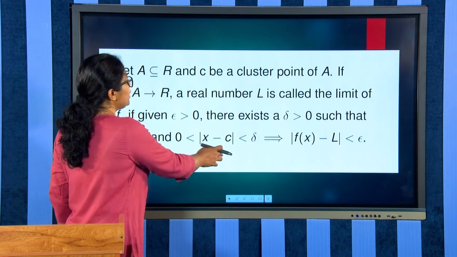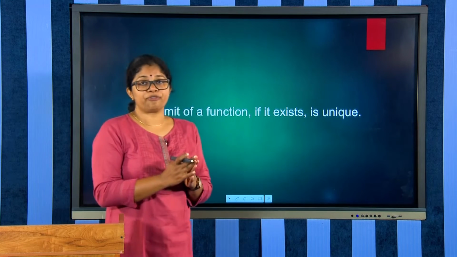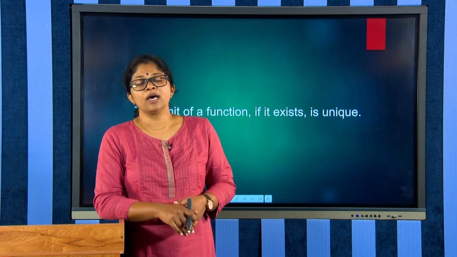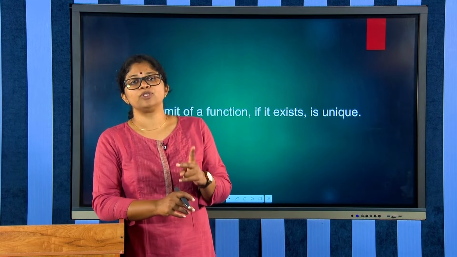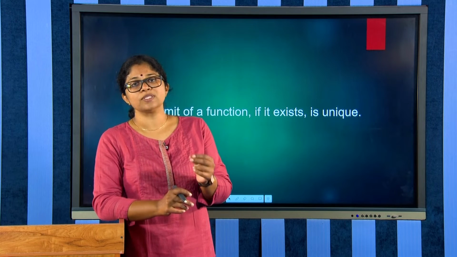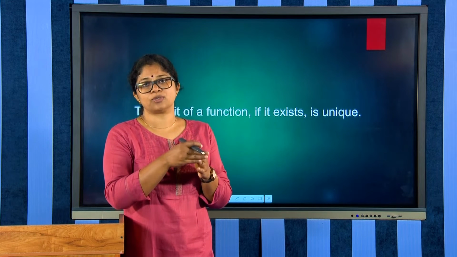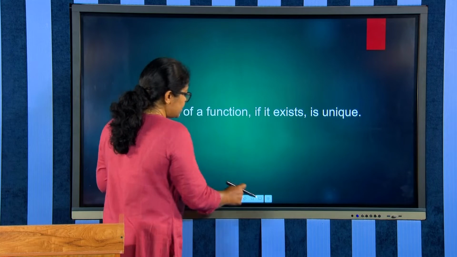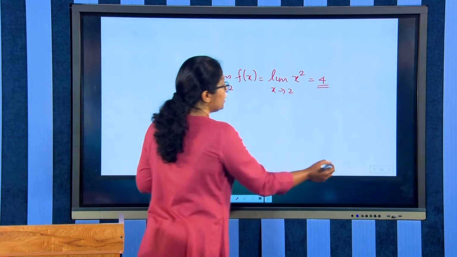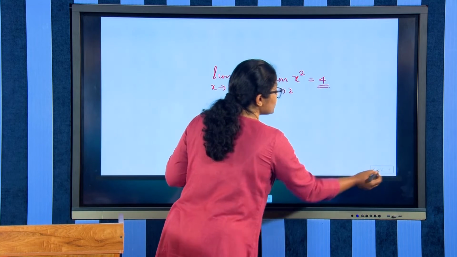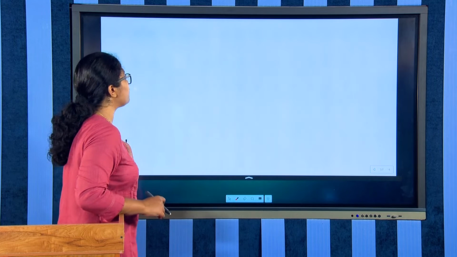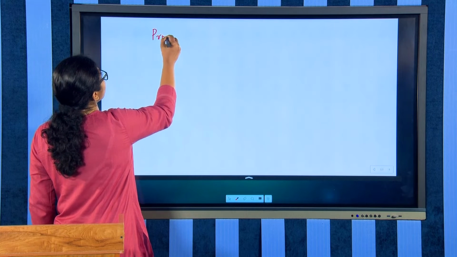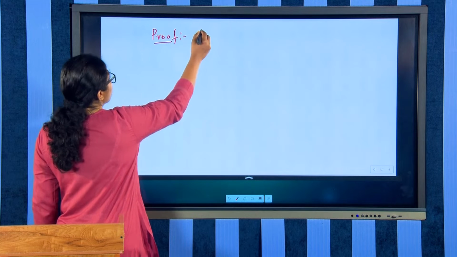Okay. Now, the limit of a function, if it exists, is unique. That means, no function can have two limit points or limit values corresponding to x tends to some value c. So, this is again proved like this using the epsilon delta definition that we have noticed. Proof: if possible,